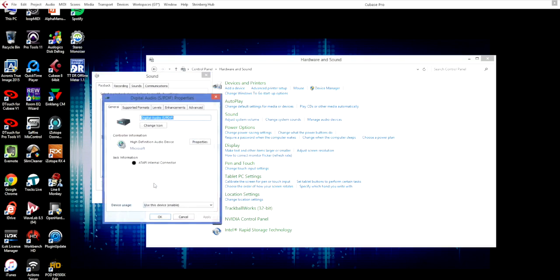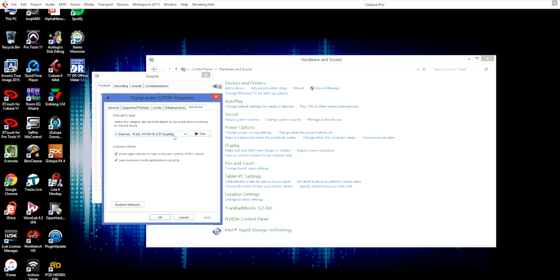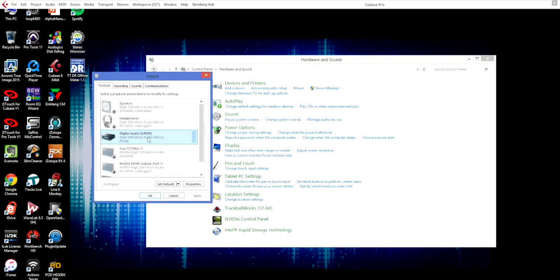And anything that is being used for something, change the settings to be what your audio interface is set to. Just like that. Now, when you think you've done all of that, and that's in playback, what you need to